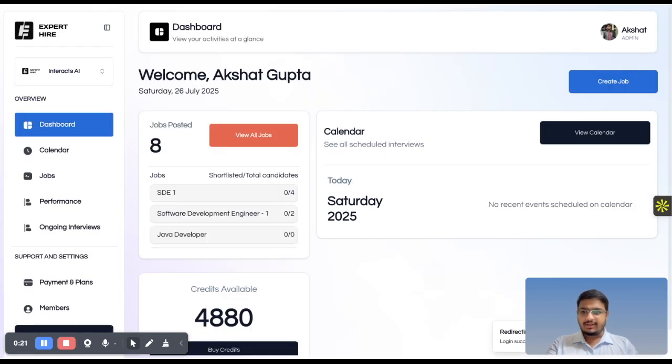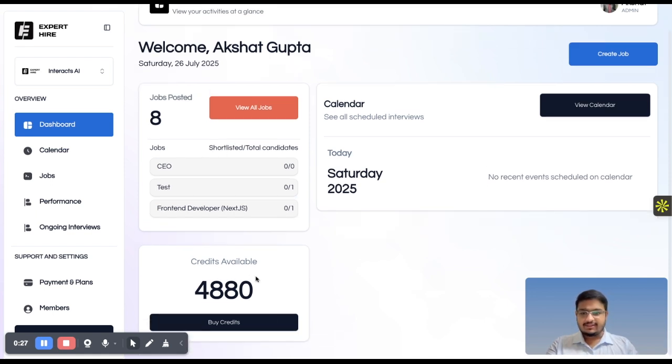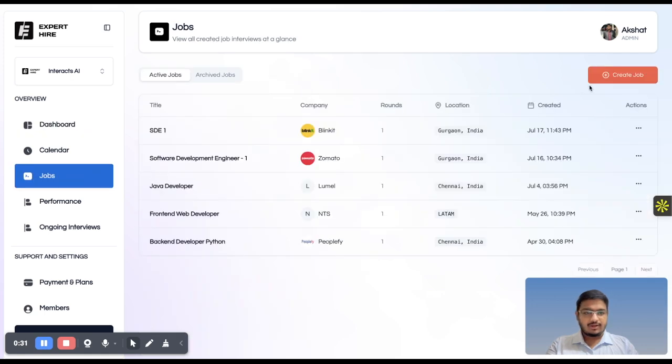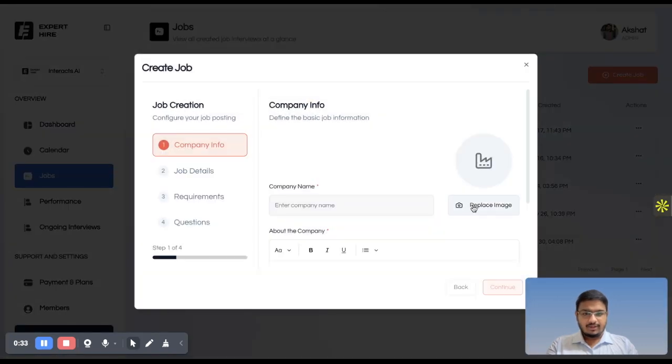As I log in, I can see all the jobs that are posted. I can see a calendar if I have something scheduled. I can see how many credits I have available and I can just move on and create a job. I'm going to upload a job posting for my own organization and